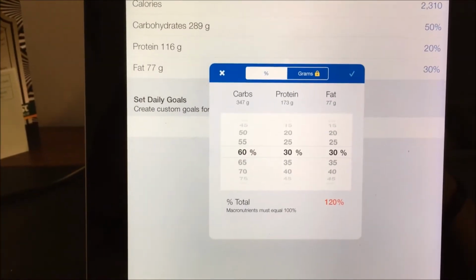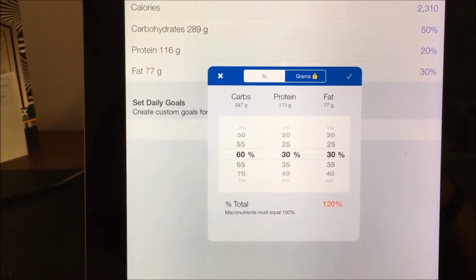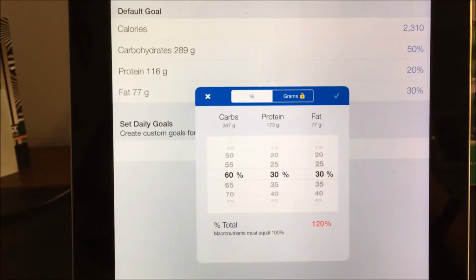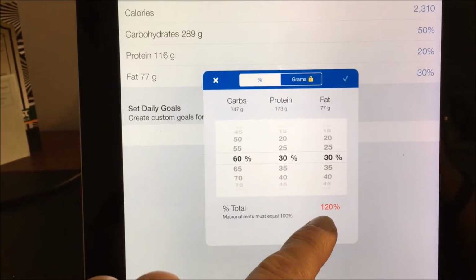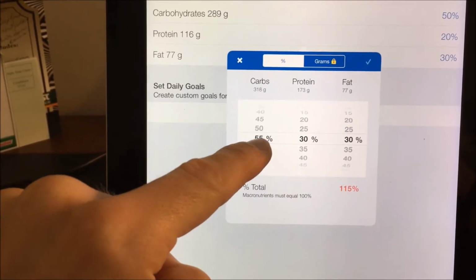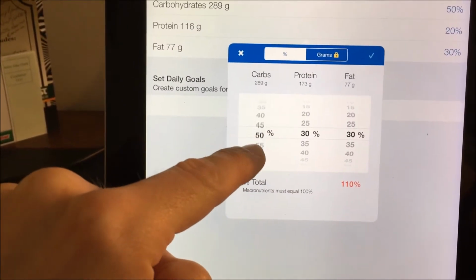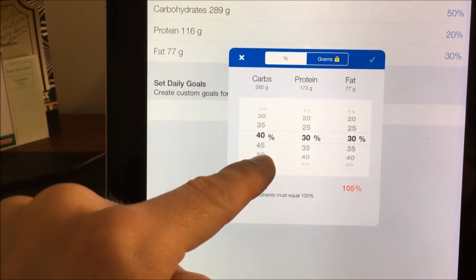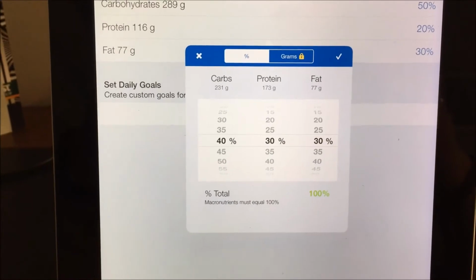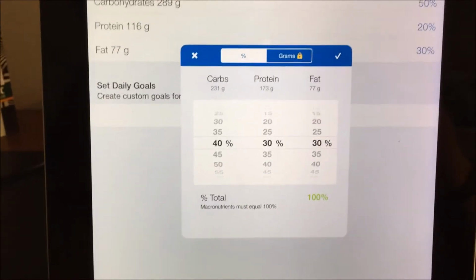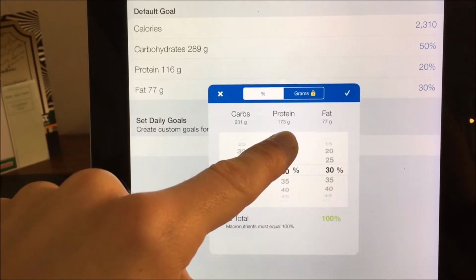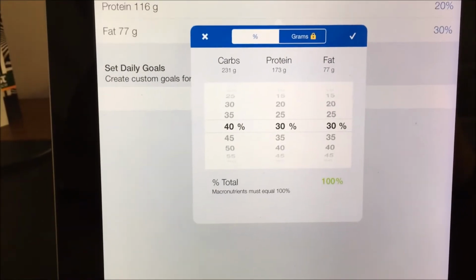And then carbs is the last one we're going to fix. So you basically just allocate the remaining calories to carbs. So as you can see here, our percent total is 120%, which is too high. So let's get that down to 100% by changing the carbs. So there we go. Now it's at 100%. And I'm going to be consuming 231 grams of carbs a day, approximately 173 grams of protein, and approximately 77